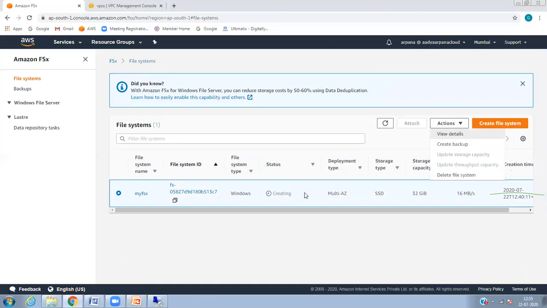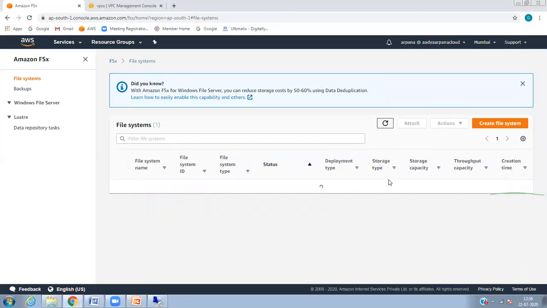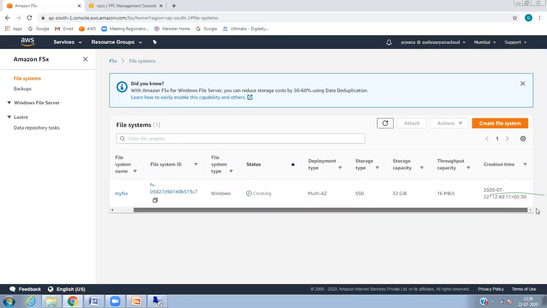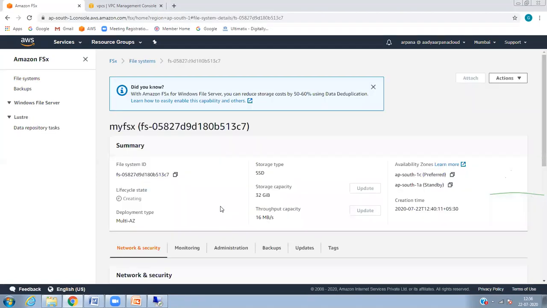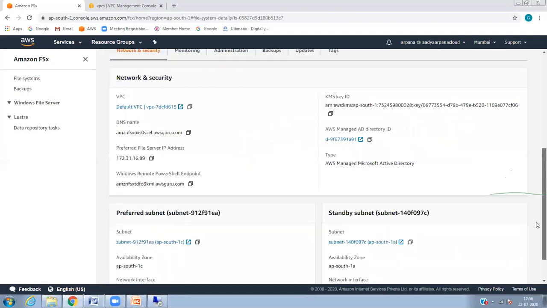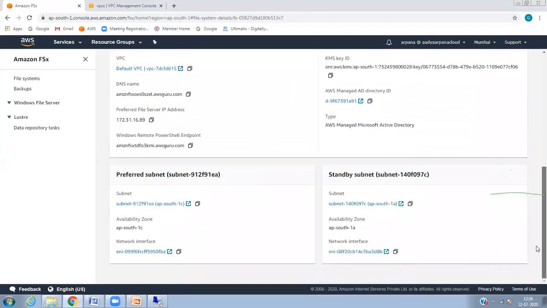Yeah, that's what I'm wondering. Basically, it should show active, meaning all options get enabled, no? It's still creating. Once it is created and I go here, it will give me my share path. Once I take the network interface, it will work fine. I need the share path. You got it, right?